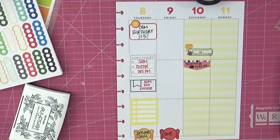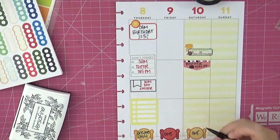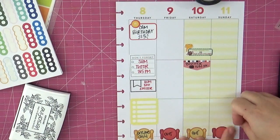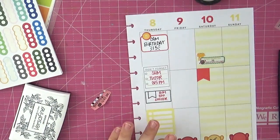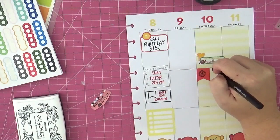And I know lots of you have different fun stickers and stamps and all kinds of things to notate birthdays in your planner. I just don't feel like I do, which is super weird. Anyway, finishing up the meal planning, like I already mentioned, and I am going back and forth between the red and the yellow little plates. Gosh, they look so cute down there, don't they? Anyway, I don't have any plans whatsoever for Friday, so I am skipping ahead to Saturday,